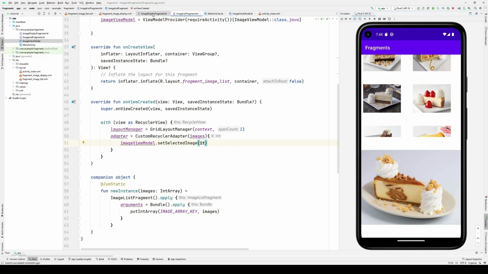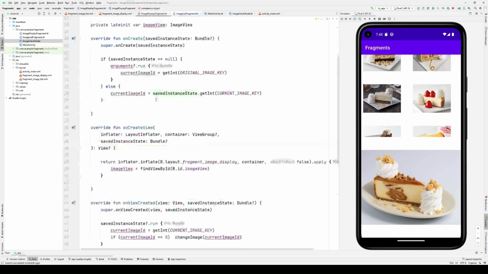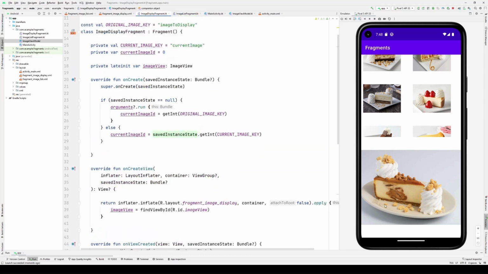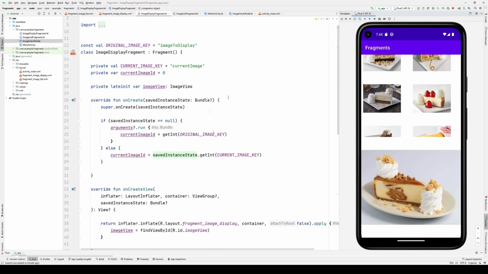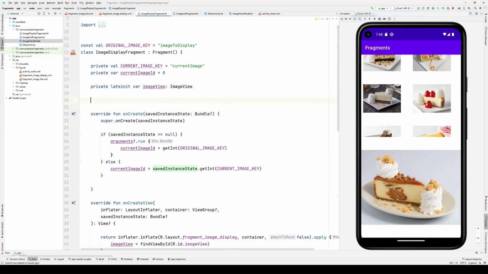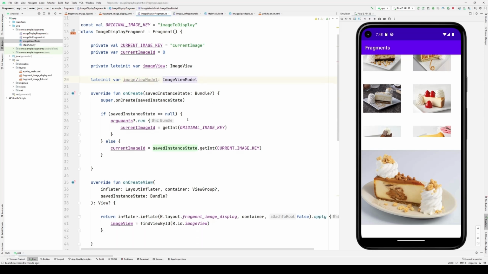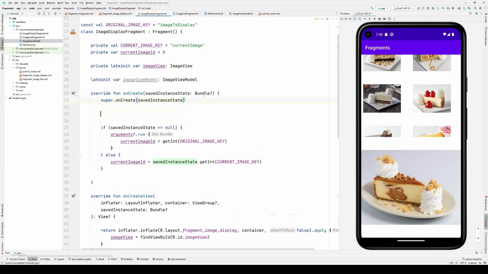We're going to go to our image display fragment, and we're going to have it respond to the change that occurs inside the view model when an item is selected from the image list fragment. So we're going to start out by doing the same thing we did the last time. We're going to get a reference to the image view model. And we will initialize it in the same way by going to our onCreate and initializing it by getting a